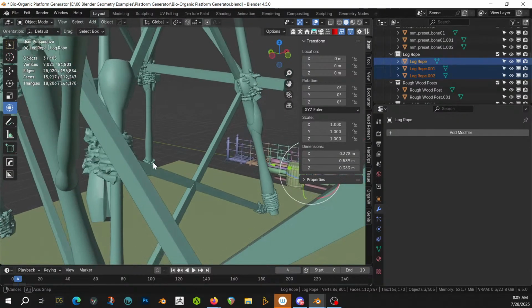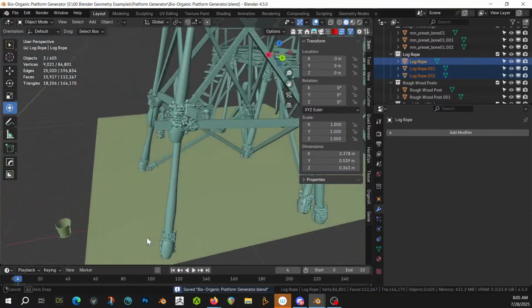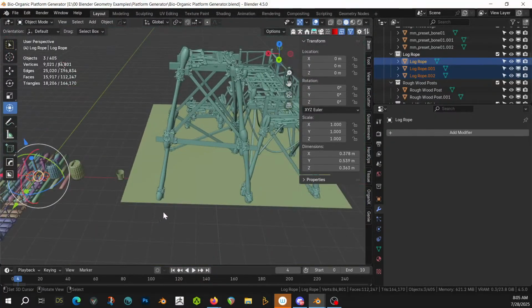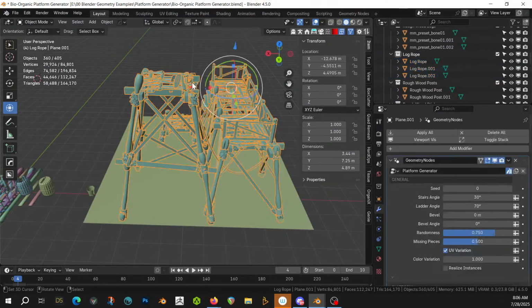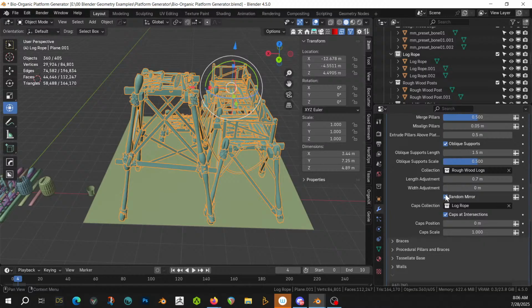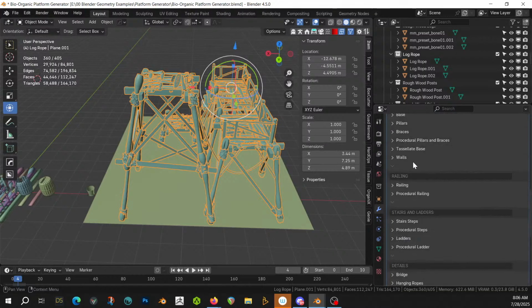Not sure how I feel about it super yet, but we can, again, starting point. We may have to tweak it some because this is not necessarily big enough. But it's going to be weird. All right. First pass. Log rope done. That was